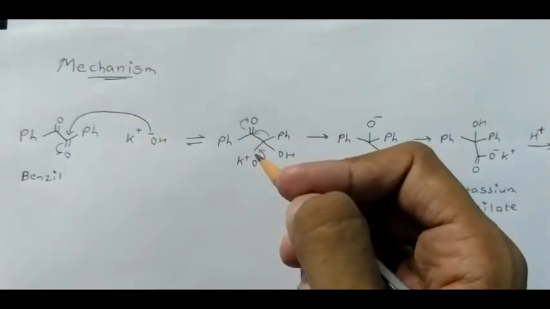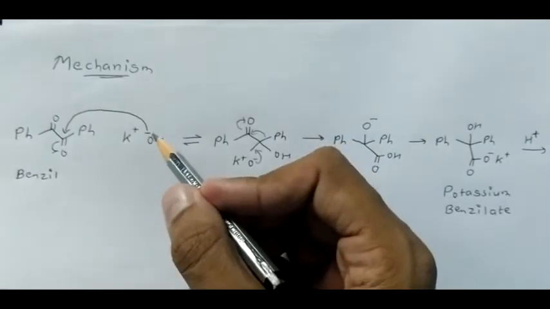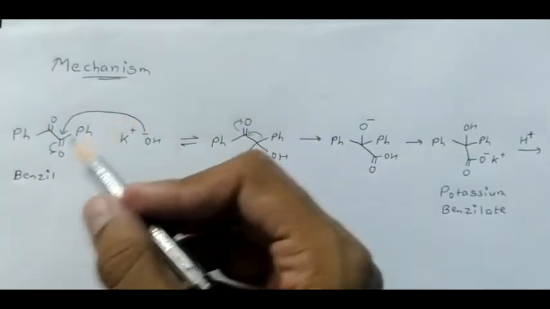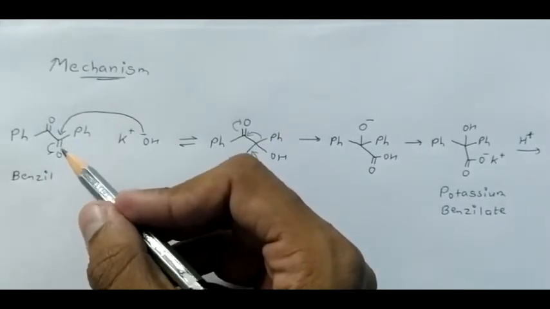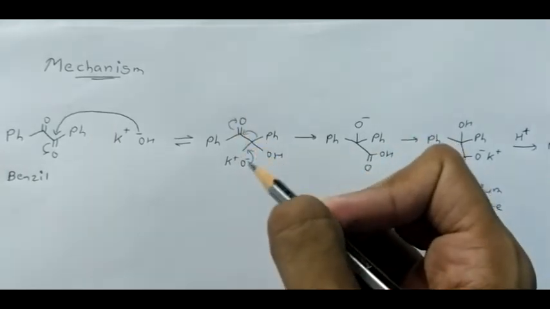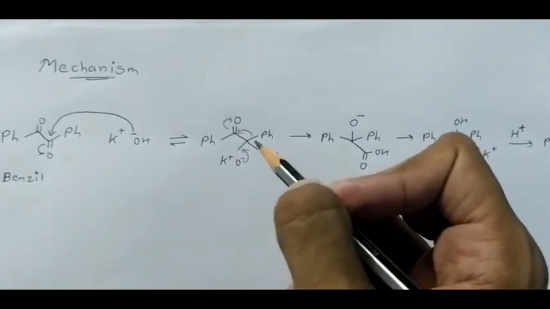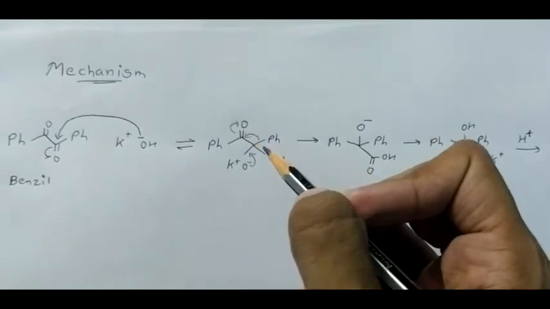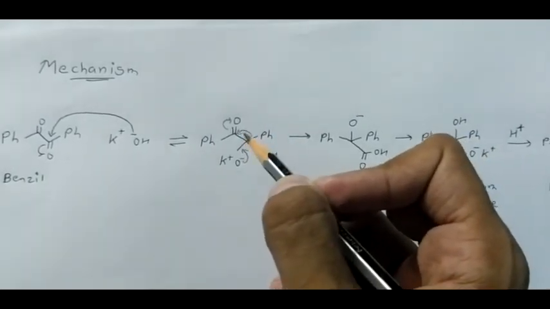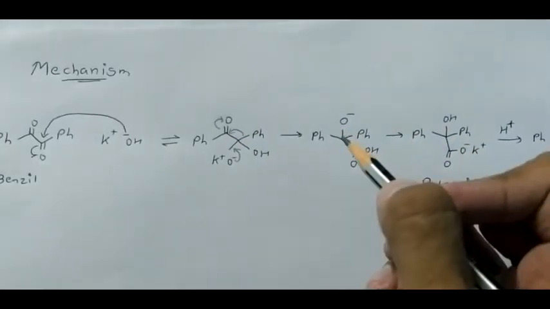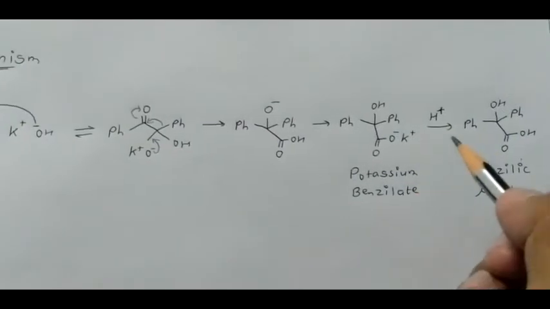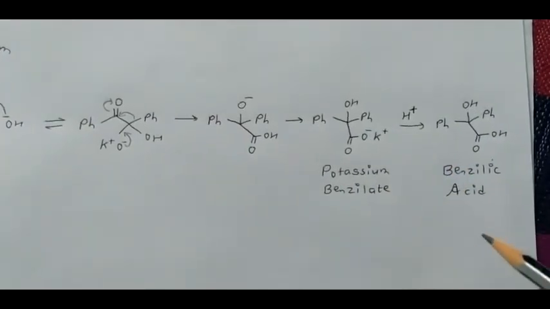The mechanism of the above reaction is as follows. Here the lone pair of the oxygen of the hydroxide acts as a nucleophile and attacks the carbonyl carbon of benzil, which acts as an electrophile. Thus an electron transfer takes place and there is an intramolecular transfer within the benzil. A phenyl group from position 1 gets rearranged onto the second position and an intermediate is formed. This intermediate gets converted into potassium benzilate, which on hydrolysis or acidification yields benzilic acid.